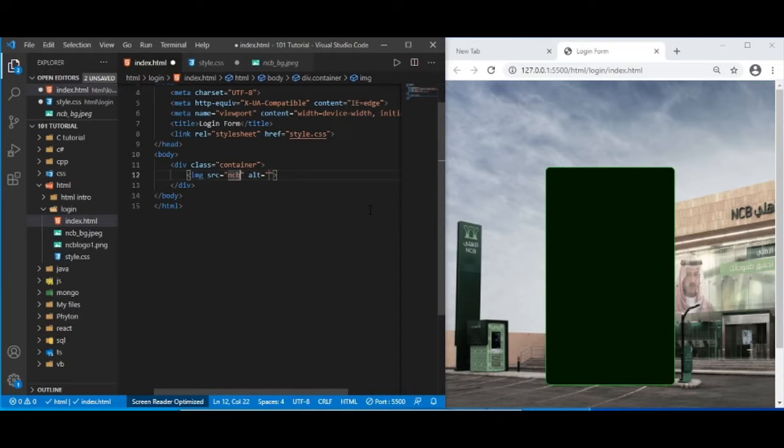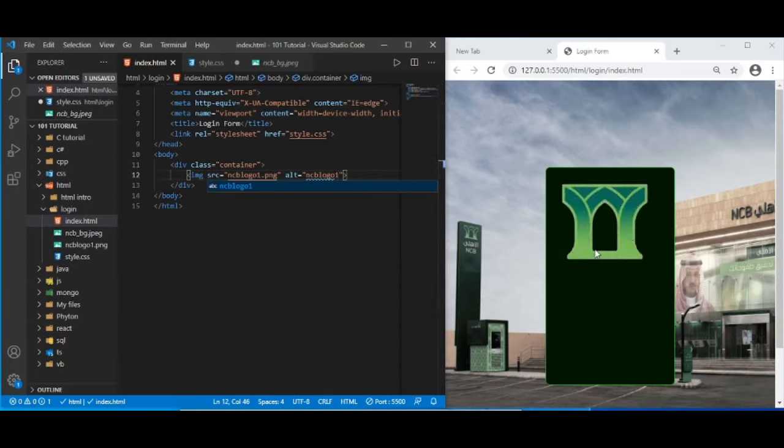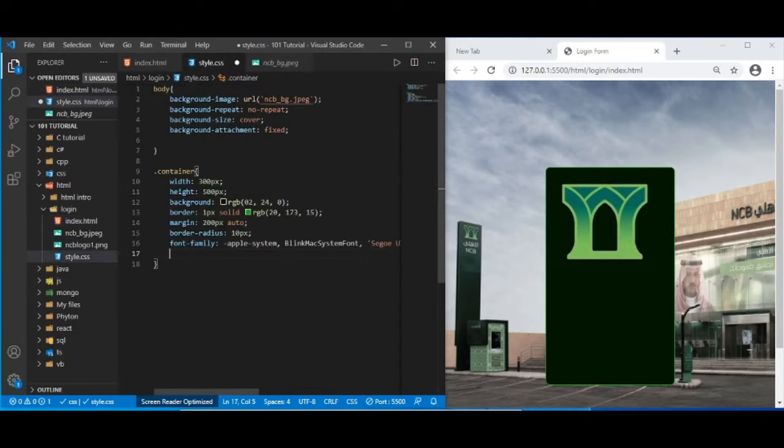ncb logo 1. So as you can notice here, ncb logo 1 dot png. Okay. As an alternative, you can put ncb logo 1. So okay, that is the image. Okay, so we will set up first. Also, we'll set up this one. We'll put it here in this area. So okay, how? So let's go to our